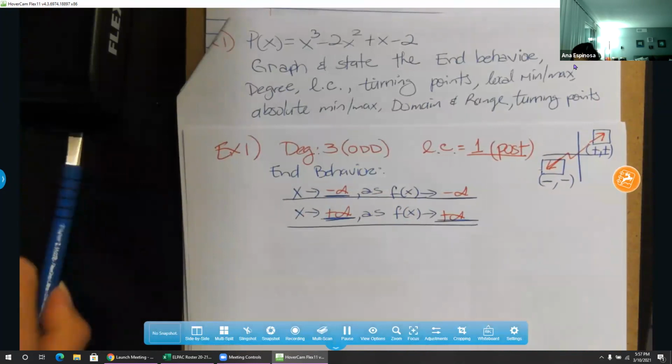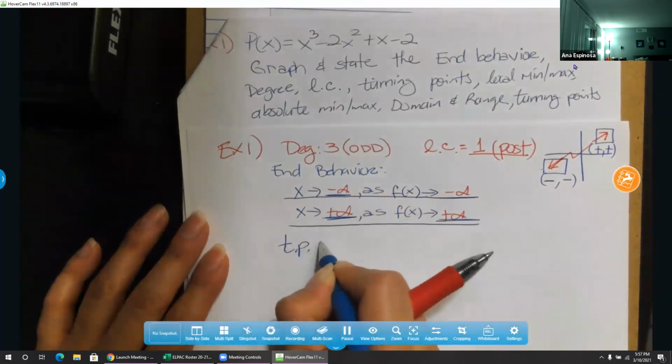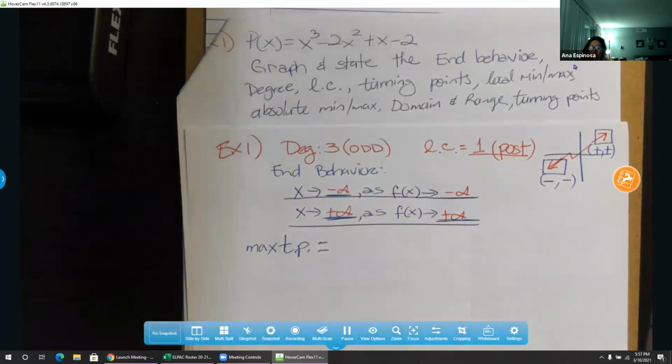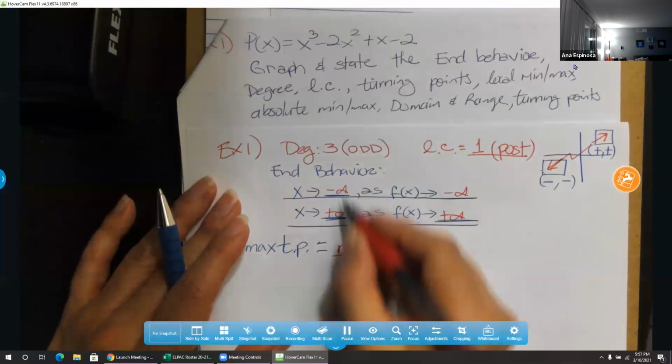Okay. All right, the number of turning points. So I'm going to put TPs. The maximum number of turning points. So if it is a degree of 3, the maximum number of turning points this can have is n minus 1, n is 3,